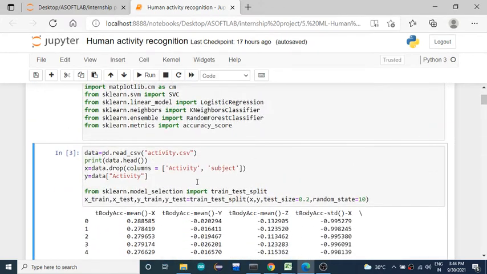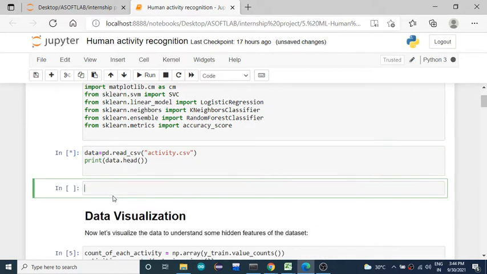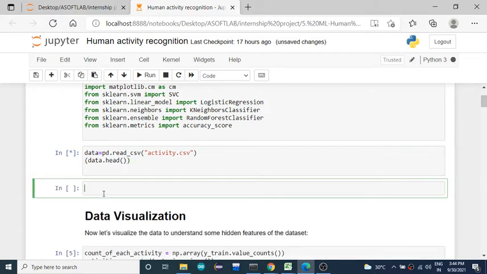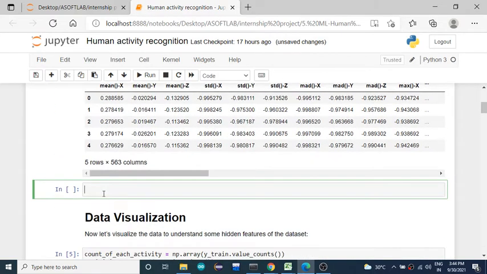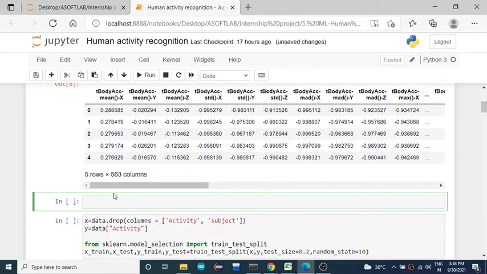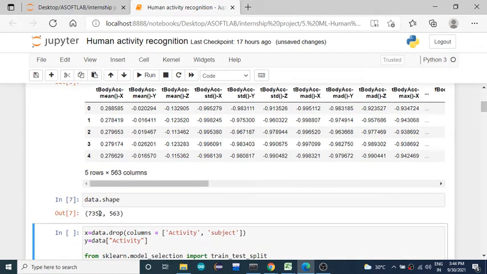How many samples do we have in total? Data dot shape. We have 7,352 samples and 563 features.